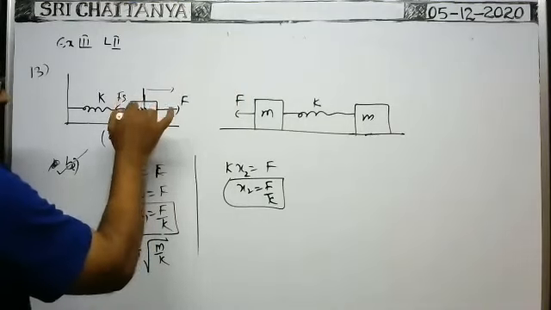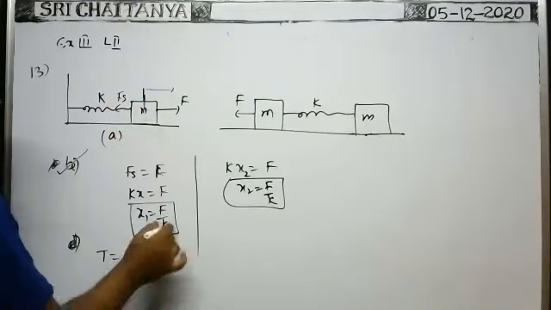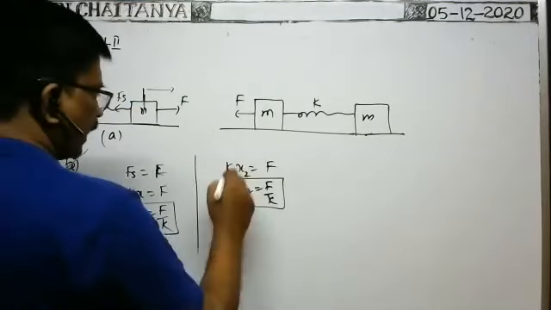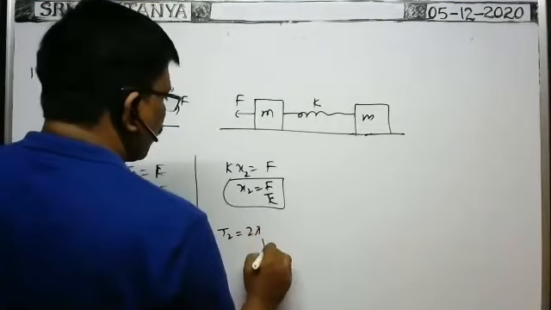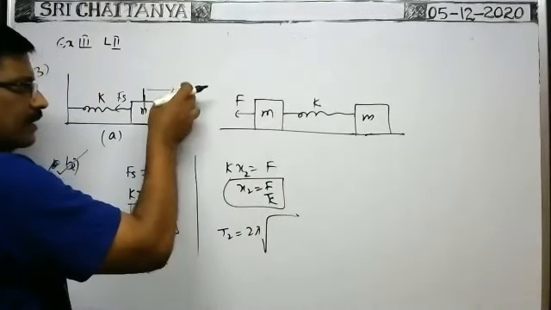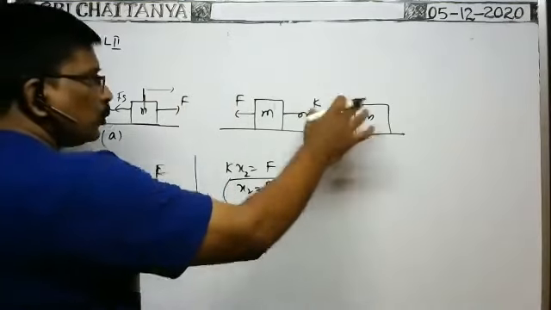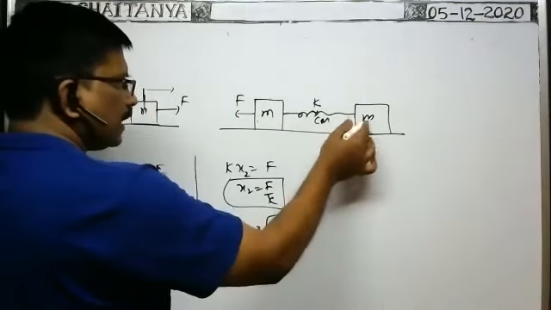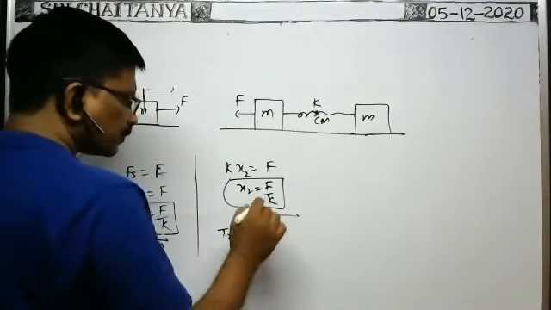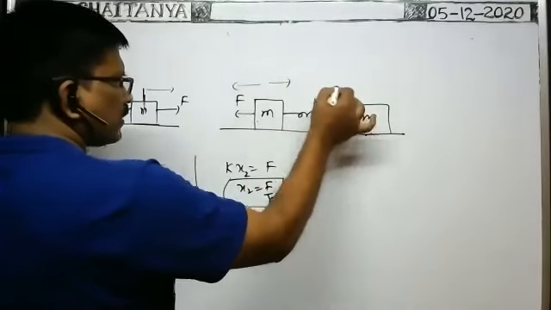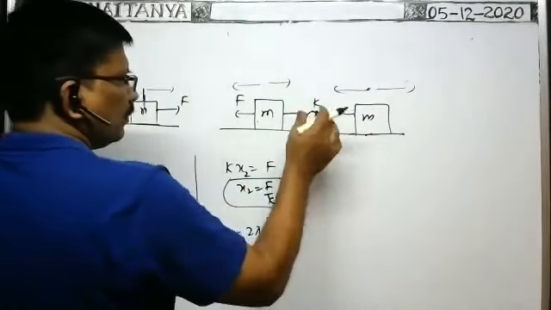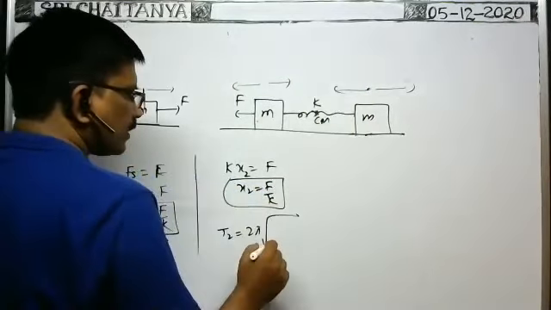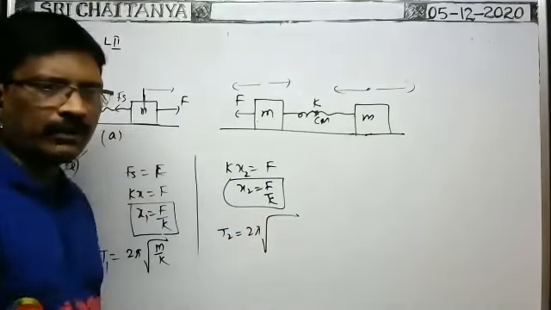Whenever it oscillates about the mean position, the time period is equal to 2 pi into root of the mass of the load suspended while oscillating by K. That is the first case. But in the second case, T2 is equal to 2 pi into root of... the force is applied in this direction and released. Then these two blocks execute oscillations about the center of mass of the system. Since the mass is the same, the center of mass is exactly at the midpoint. About the center of mass it makes oscillations like this, and here also it makes oscillations like this. When it makes oscillations, the time period is 2 pi into root of, what is the formula?